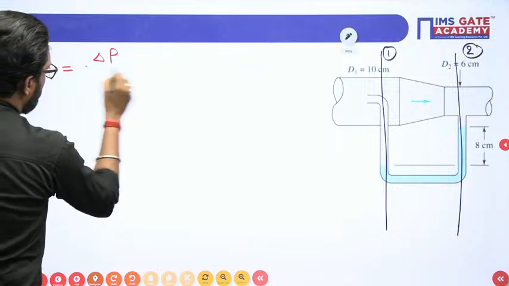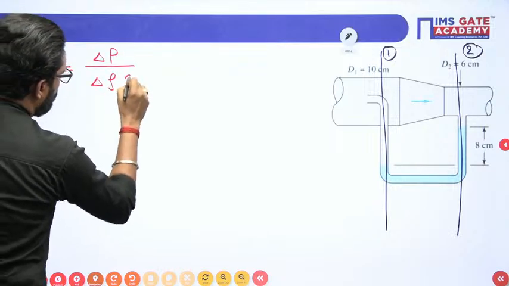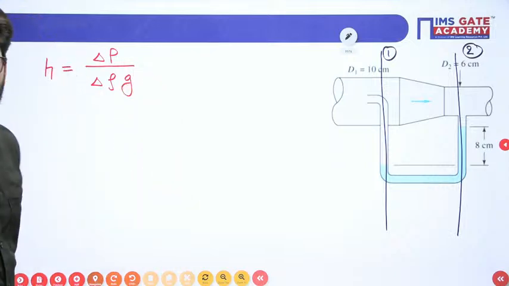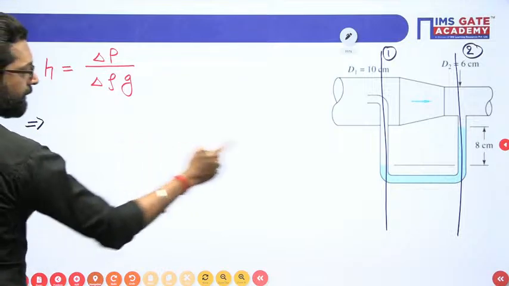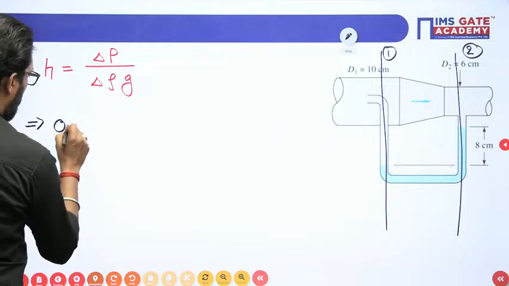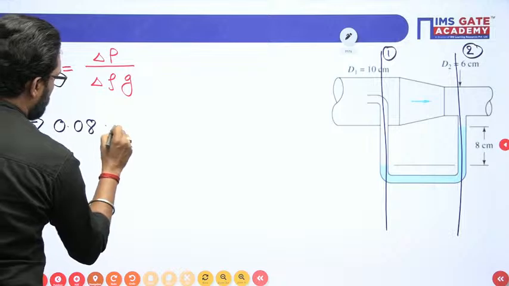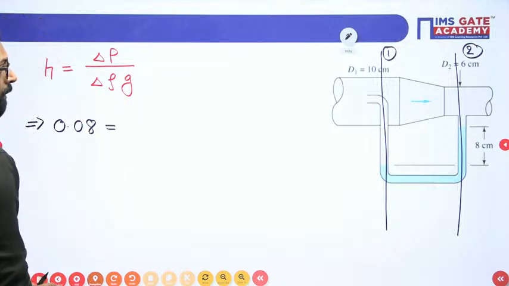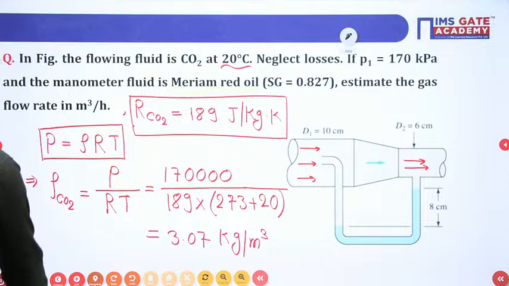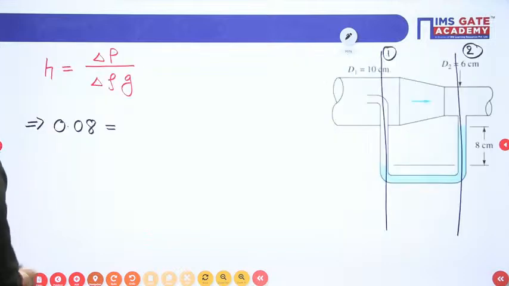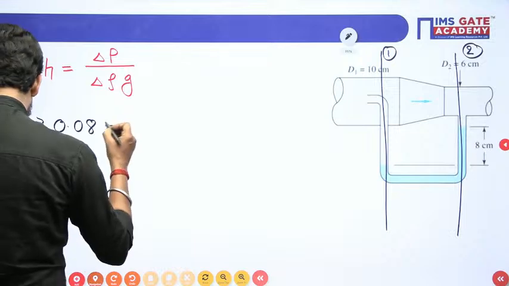Delta P by delta rho into G. You know this thing? Now, what is it? H is your 8 centimeter, that means 0.08 meter. You have a delta P, but there is no delta P given. So from this one, you can easily find. So delta P is equal to